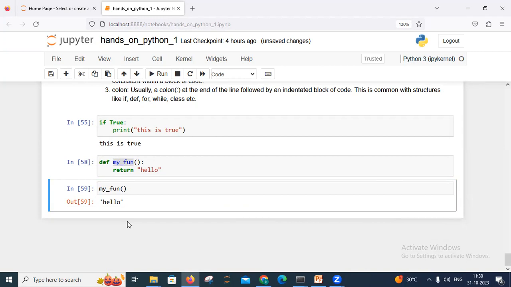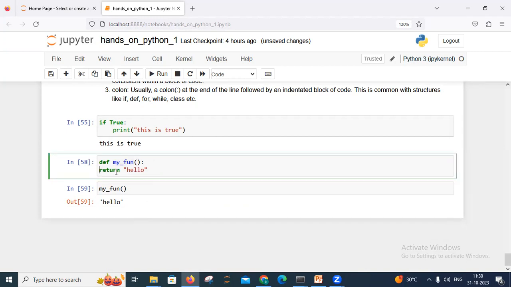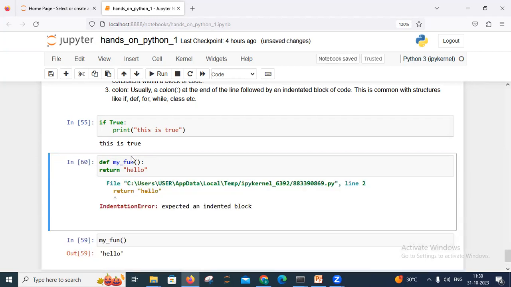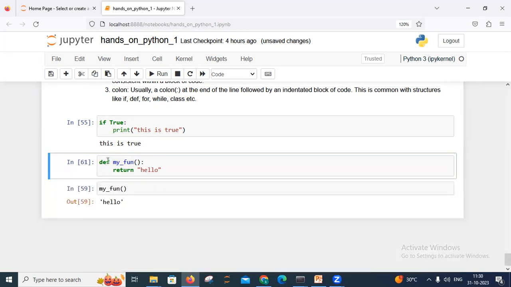If you do not add the indentation, you get the syntax error. So we have to maintain the indentation in the entire Python language. If I write without indentation, it will show the error. If you write it with indentation, then the function will execute. There is no error, right? So we can understand